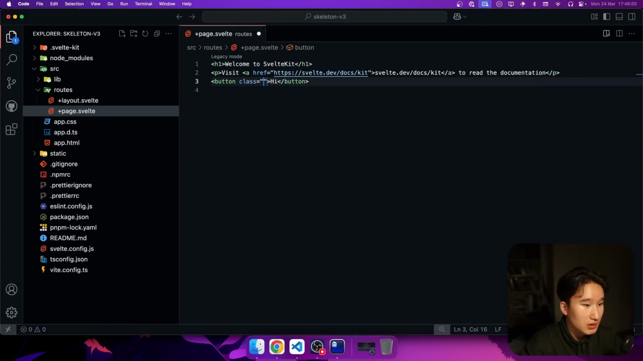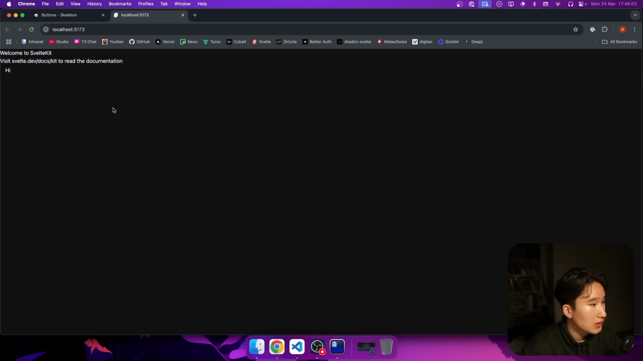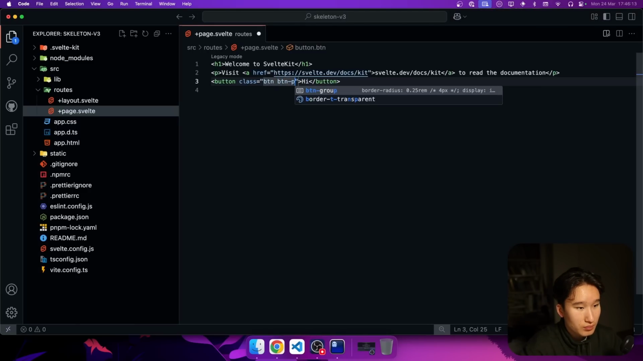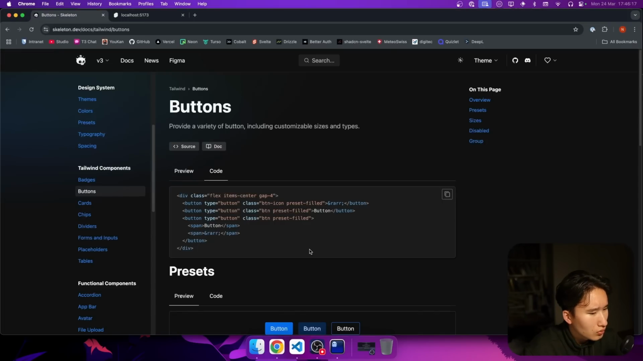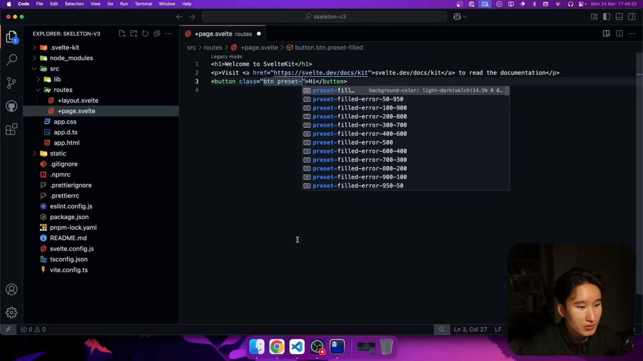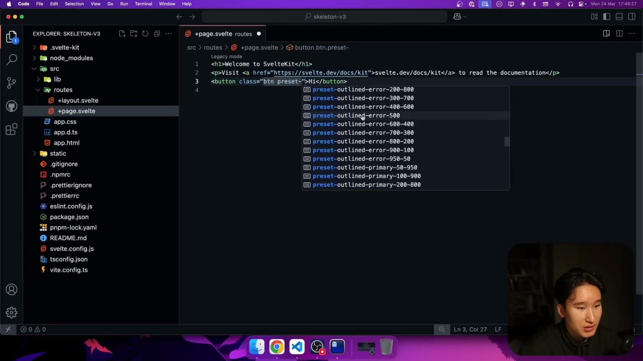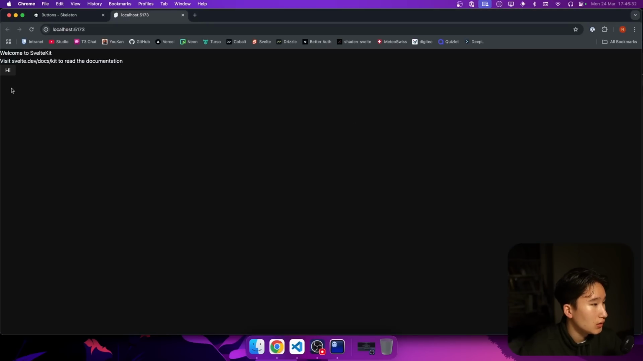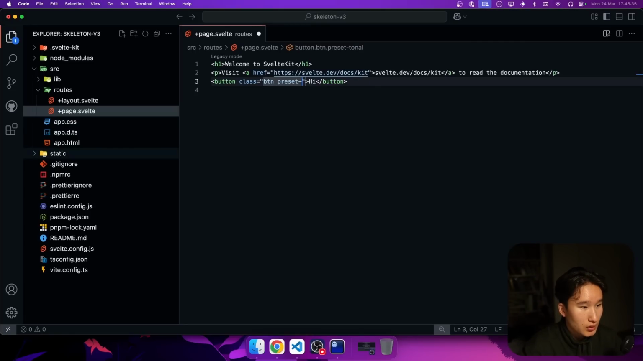But if we go and do class and then give this a btn style, actually not much has changed either. But now we can go ahead and do button, where was it, okay, preset filled. I think there are also other presets. Okay, preset outlined, probably also ghost. Tonal, what is tonal? Okay, so yeah, preset filled,